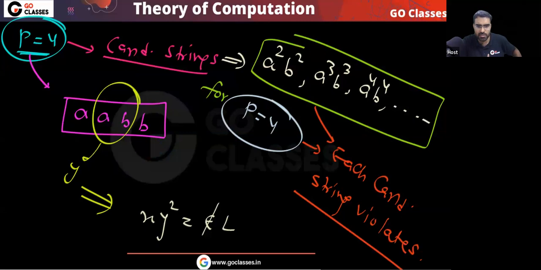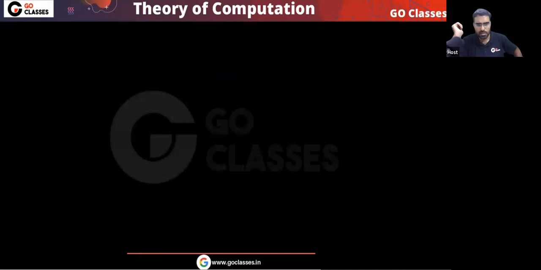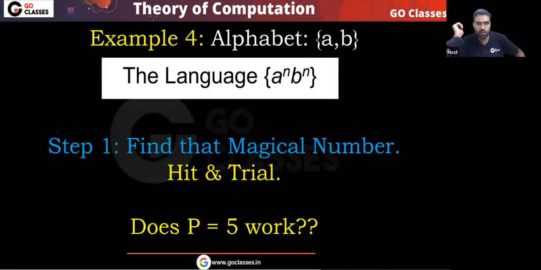So anyway, the point, did you understand? Whatever Y you take, that does not work. Definitely I can say that that will not work. Is this point clear? Okay, yes or no? Now you tell me one more thing. Will p equal to 5 work?